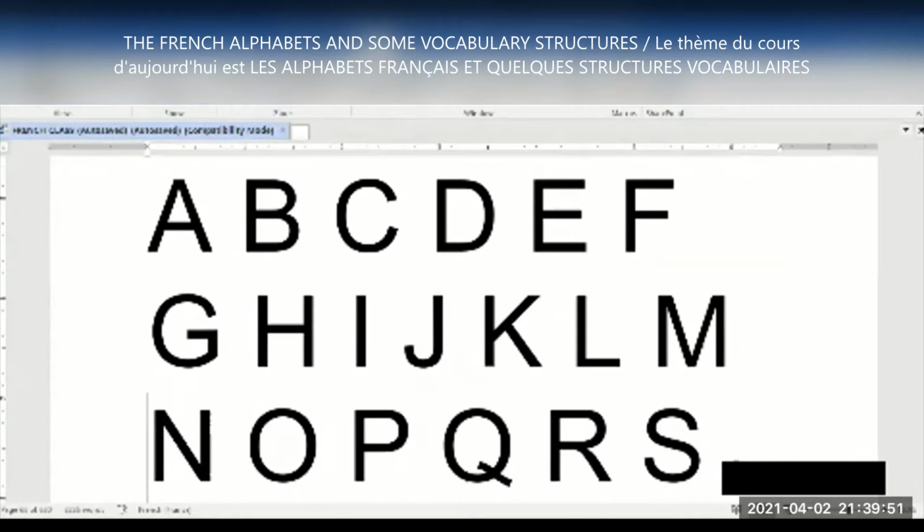F, G. You know, G in English is G. This is G. The H is what? Hash. G, H. This time, J is G in French. G is J in French. So let me start again. A, B, C, D, E, F, G, H, I, J, K, L,